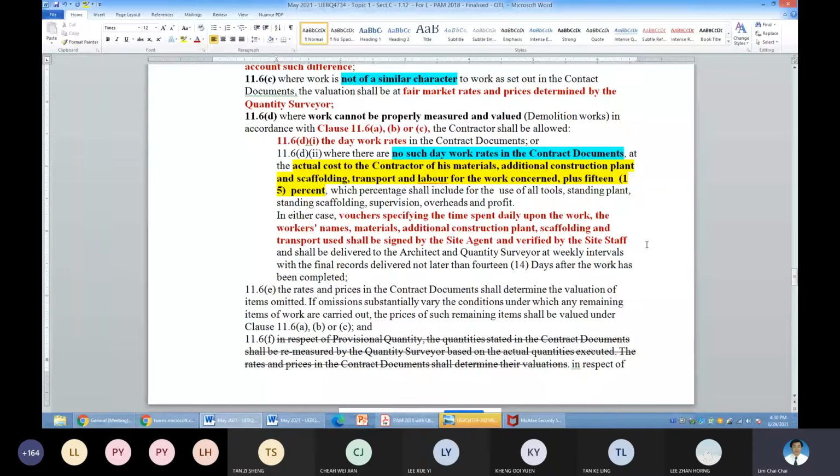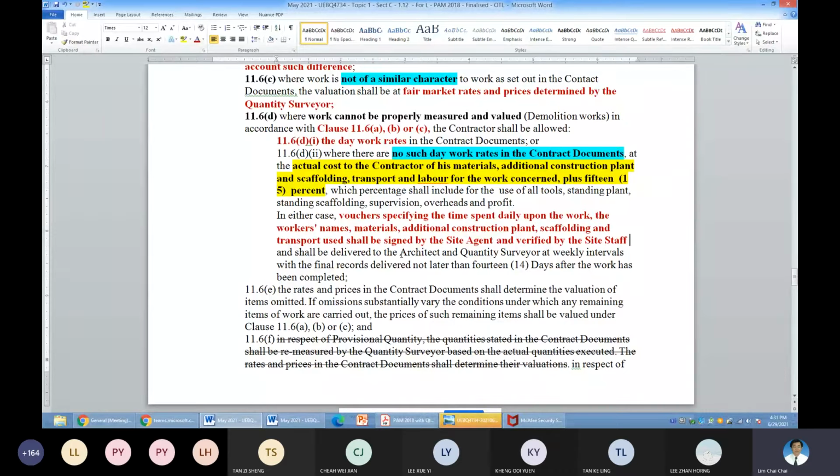So this is something important. These are the important points that you need to remember. I've seen a lot of QS working at the project site. They slash here, slash there at their own whims and fancies. But it's illegal. As long as it is signed by the site agent representative, site agent, or the site staff, that is the employer's or the architect's representative, you pay accordingly. If you want to bring it up to the owner or the architect, it's up to you. But that is the figure you have to honor first.